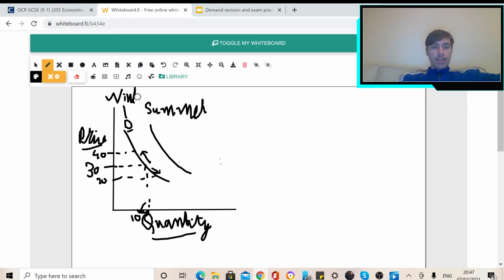Of course, people have more ice cream in the summers, right? So even though the price has remained the same, let's say the price is 50 for the sake of example, in winter, for the same price of 50 pounds, the quantity demanded is lesser as compared to the same price in summer. And this has caused a rightward movement. Well, if it comes from winter to summer, then there is a rightward movement. And if it goes from summer to winter, then there is a leftward movement.